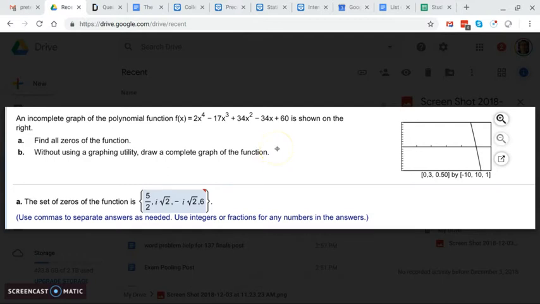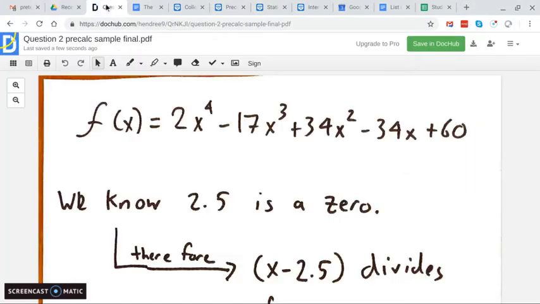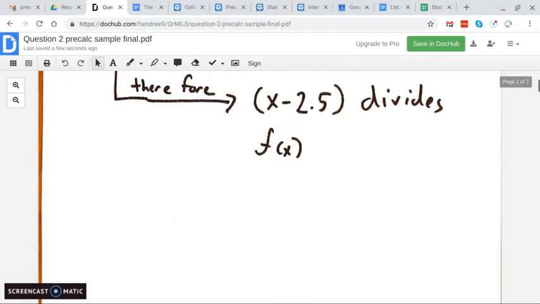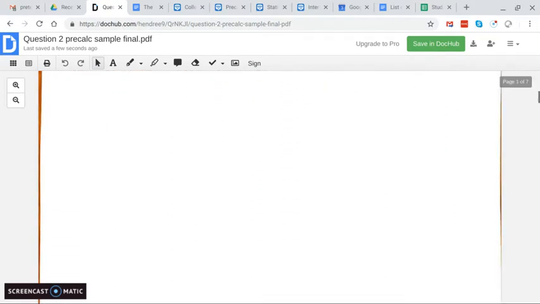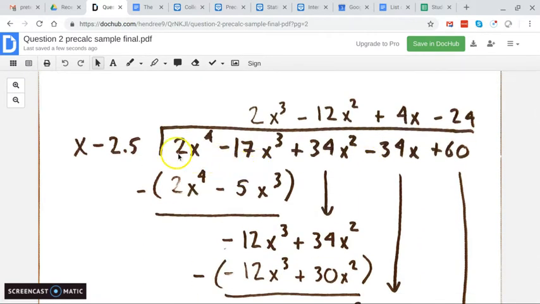All we have to do for this is realize that they've given us one of the zeros here, right? They show us crossing the x-axis at 2.5. What that means for us is that since 2.5 is a 0, the binomial x minus 2.5 will divide this polynomial, okay? So all we have to do is do the long division, and we can make the function smaller, right? This is f of x here,